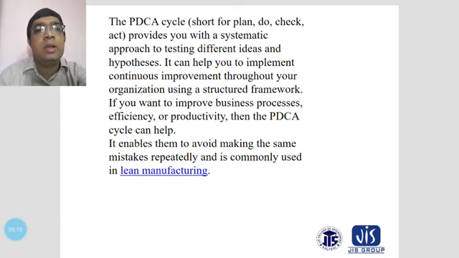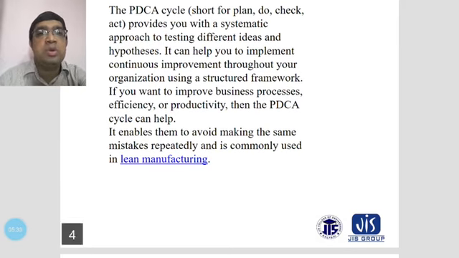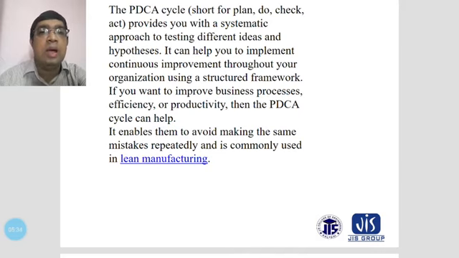Similarly, during this the PDCA cycle also requires different checking procedures. Different checklists will be required, so that this type of job will be planned and done in the system, and again you will do this type of job tomorrow. All these things are required according to your planning, and you also have to check these procedures.